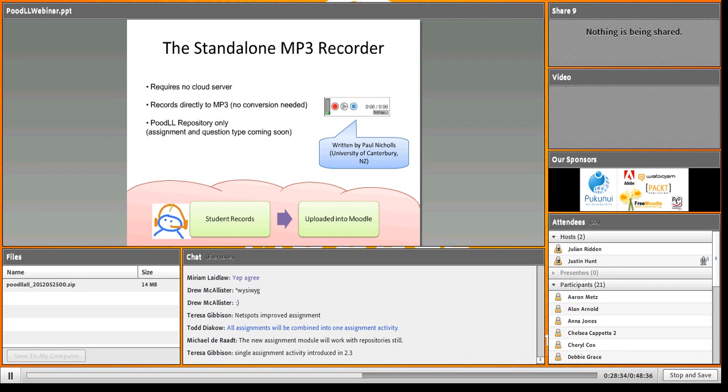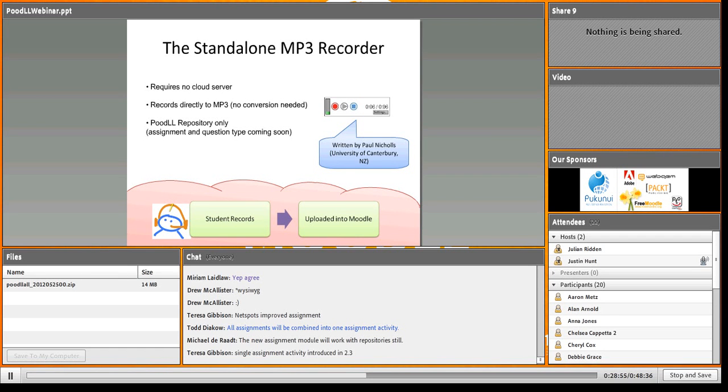And some people have said, well, if you can access the video recorder via the repository, do you actually need to have the simple video recording assignment where you could just instruct the students to go to the repository and drop a video in? So there's an argument there, isn't there? So I just have to think about that, really.